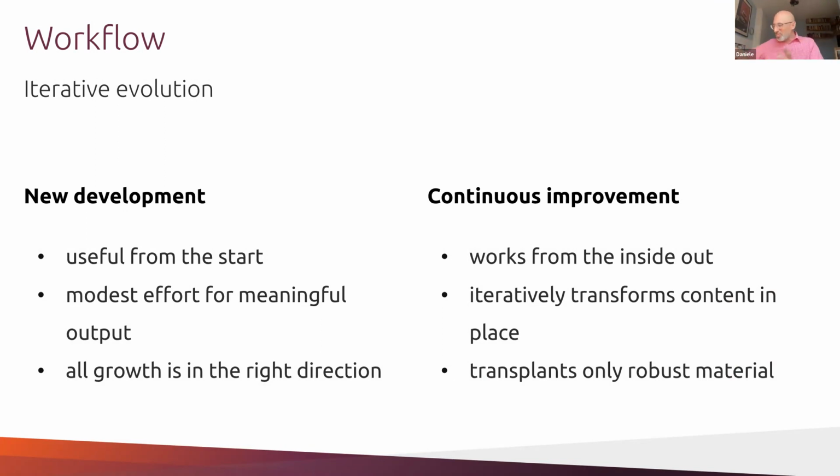And we don't try and make big changes of order, except when we've got robust material that can easily be transplanted from here to there. If you try and refactor documentation, especially something like a tutorial or a how-to guide, you are very likely to break its logic. You will make one little change and you won't notice it. The first person to notice it will be the user who tries to do your tutorial and fails,